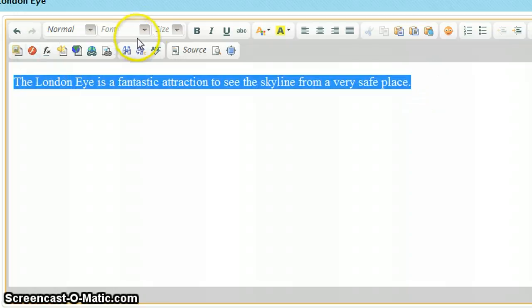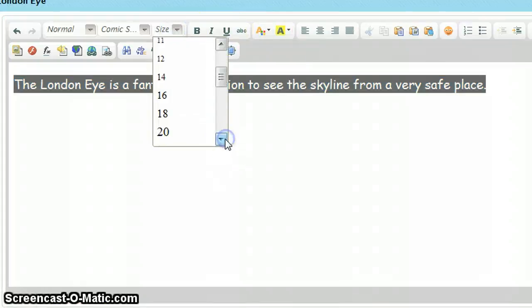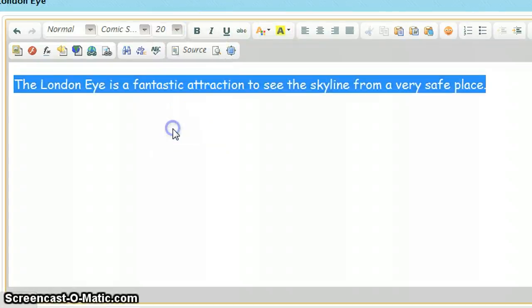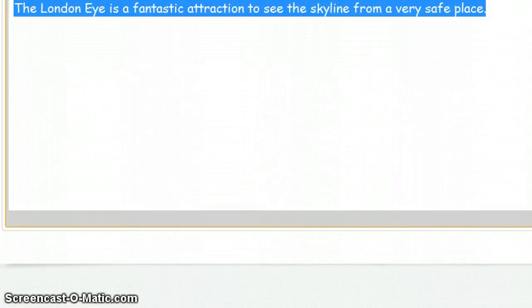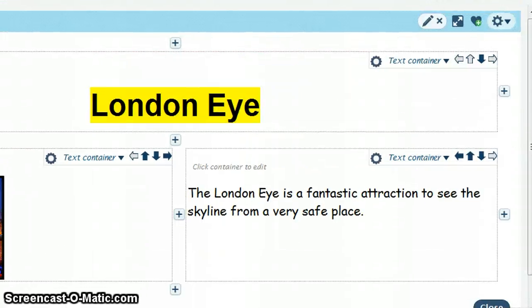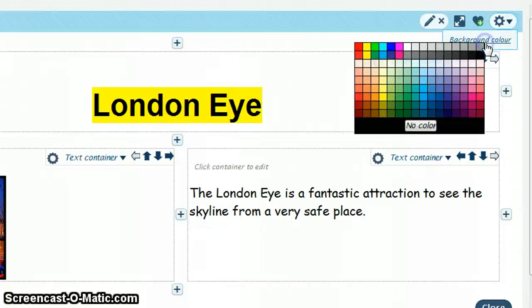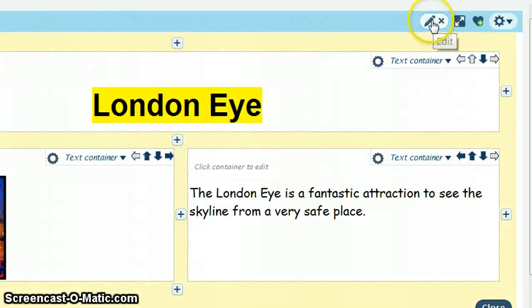Let's make sure that the font matches the font of the title, and the size again can't be too big because I want it to fit with the writing. So let's try about 20. So again, I have to scroll down and find the save button, and you have to save often, otherwise you miss it. And then the very last thing I'm going to do is I'm going to just choose the background color here and make it a light background so people can actually read it, and then undo